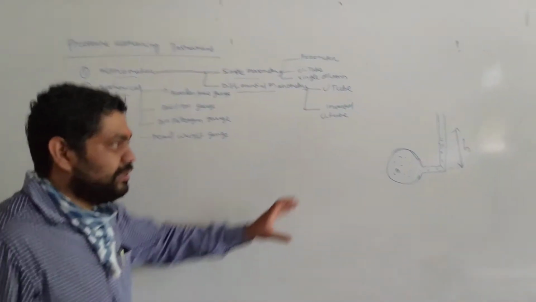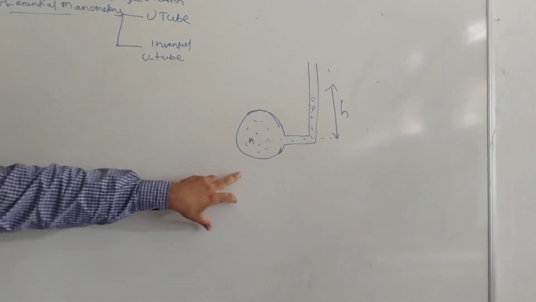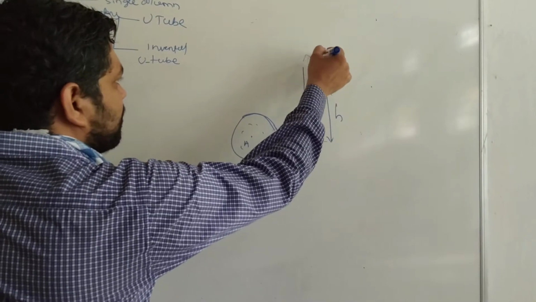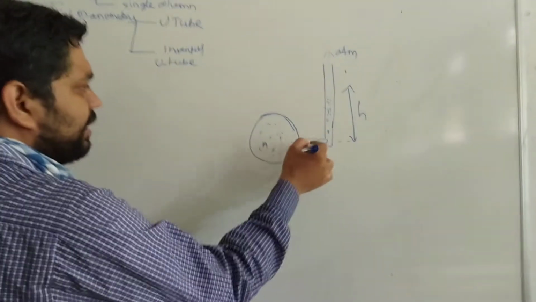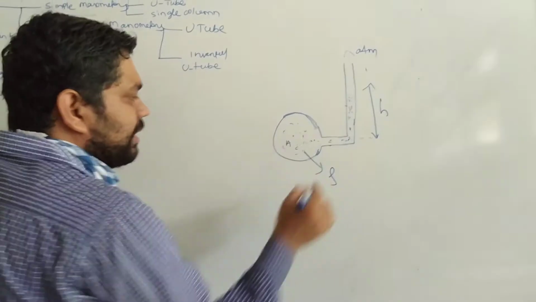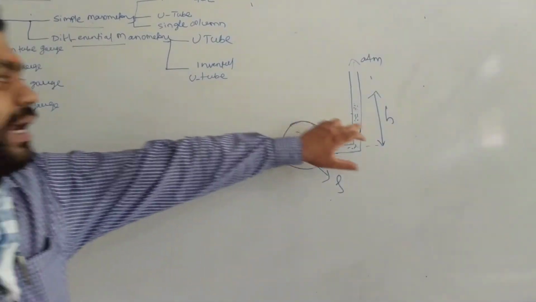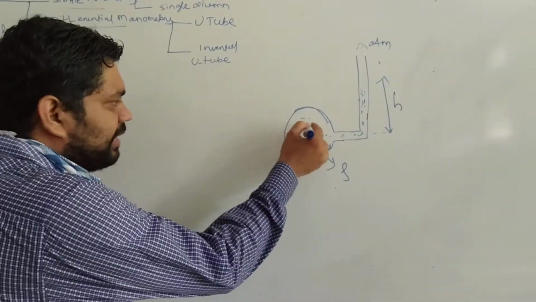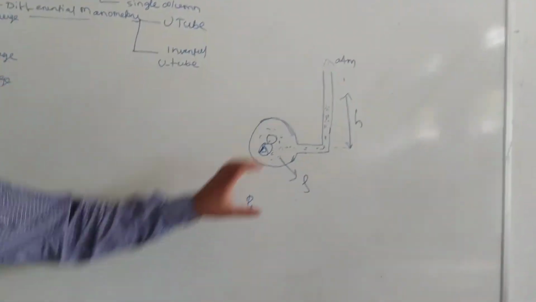Look here, this is a figure. This is a single-sided piezometer. One side is open to the atmosphere and the other is closed. There is a liquid with some specific density, and it stands at some height. Here you have to find the pressure at A, so you find the pressure A from this piezometer.